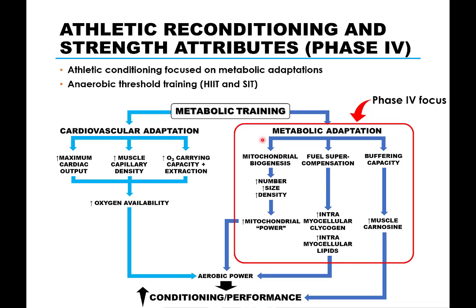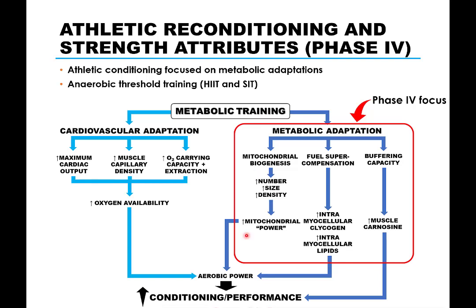One fundamental way is to boost the efficiency of the aerobic energy system, and that is largely afforded through an adaptation that increases mitochondrial biogenesis, or the formation of mitochondria. As we all should know by now, the mitochondria is the cell's main power plant and is where aerobic metabolism occurs. Mitochondrial biogenesis is not only an increase in mitochondrial number within the muscle cells, but it is also accompanied by an increase in its size and density, meaning the inner components of the mitochondria where aerobic metabolism occurs increases.